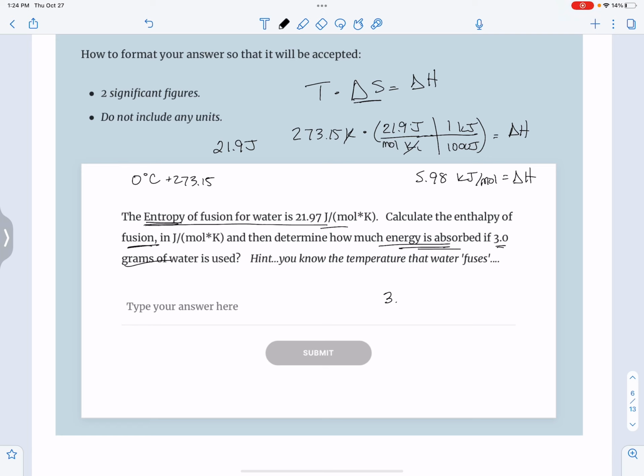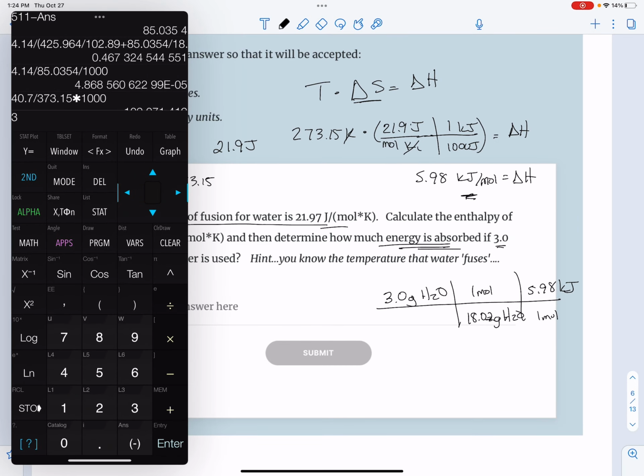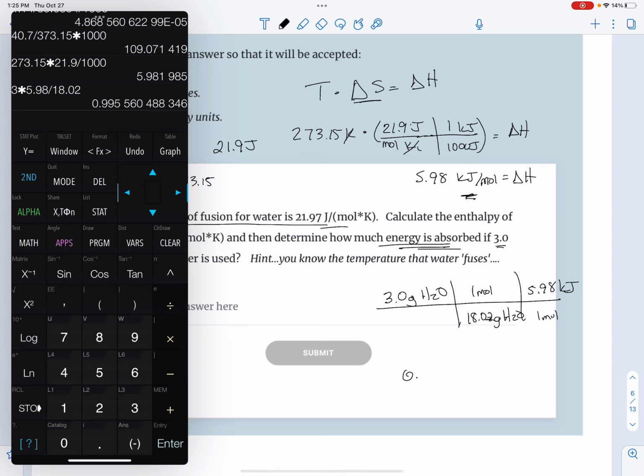So then we'll take our 3.0 grams of water. We need to convert it into moles. So 18.02 grams of water in 1 mole. And then we've got this basically conversion factor. In 1 mole, there are 5.98 kilojoules that have to be absorbed. And so the total number that will be absorbed is 3 times 5.98 divided by 18.02. That's going to tell us that it needs to be